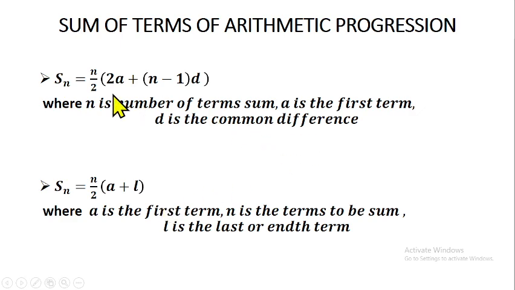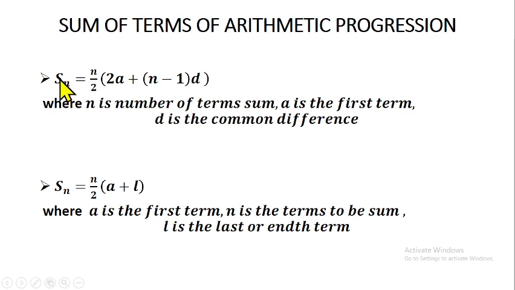So we have the sum of n terms of an AP equals n over 2 into open bracket 2a plus open bracket n minus 1 close bracket, multiplied by d, close bracket. The bracket at the back here is for this one, and this one is closed here. So you should know when to put the brackets. This formula is used to find the sum of terms. So it is the sum of the number of terms you are looking for.